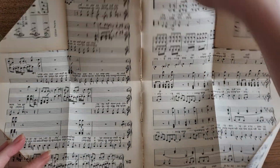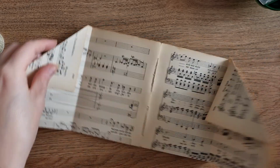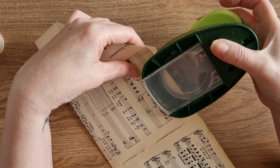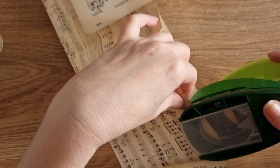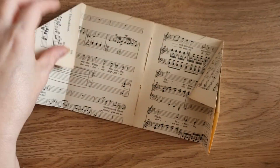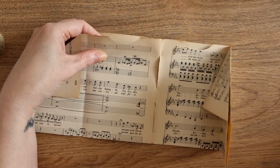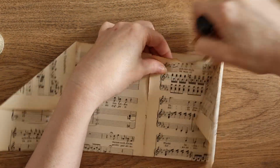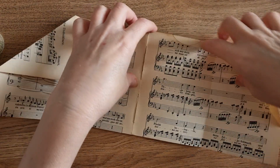You will see actually, if I open this up, that it's just a piece of paper from a double page in a book. Let's do that. And then let's ink those as well, so they stand out. But because this music paper is so fragile, firstly,